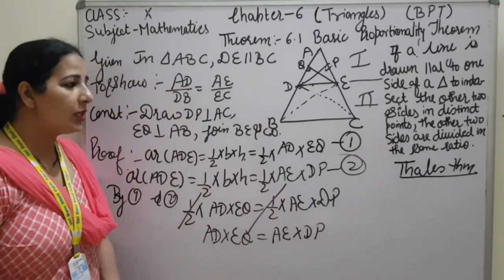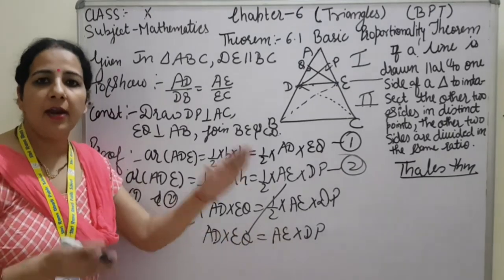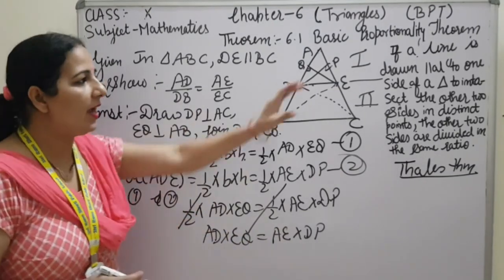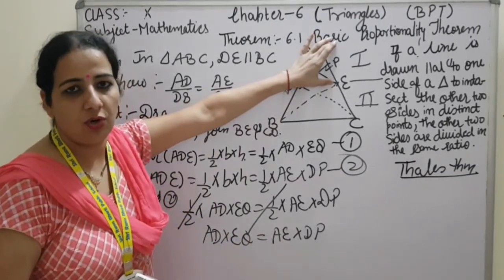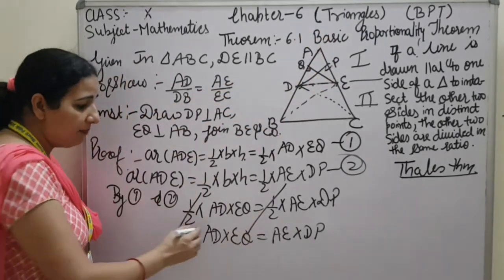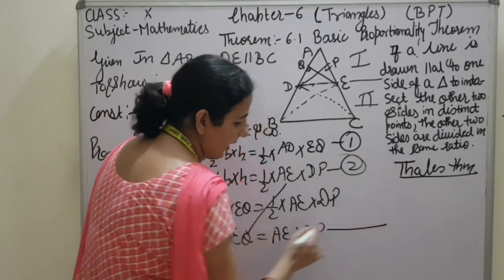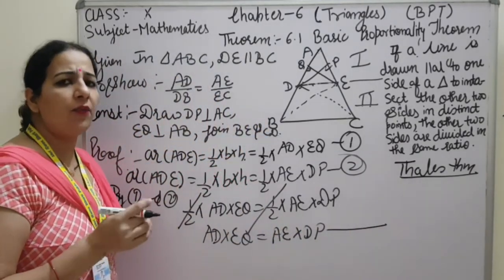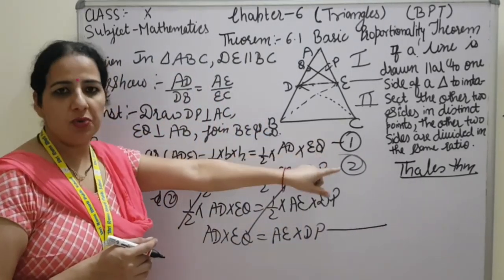Fine, students. So here we have completed 50% of the theorem. We have completed half part of the theorem, that is the upper part, part number 1, and I am just going to give the name of this equation instead of giving 3, because we have already used 1 and 2.